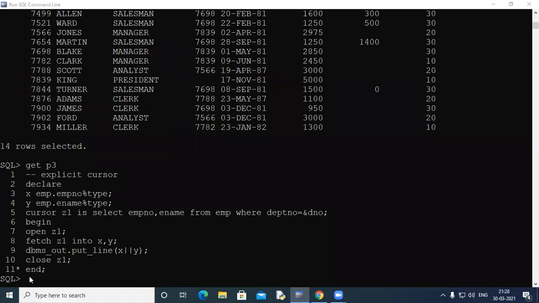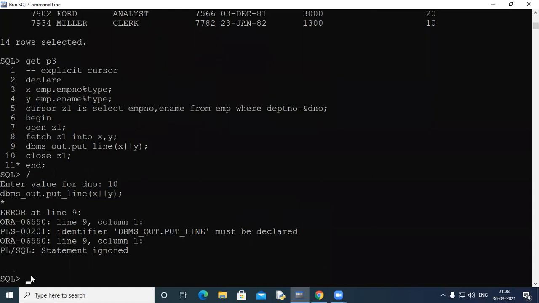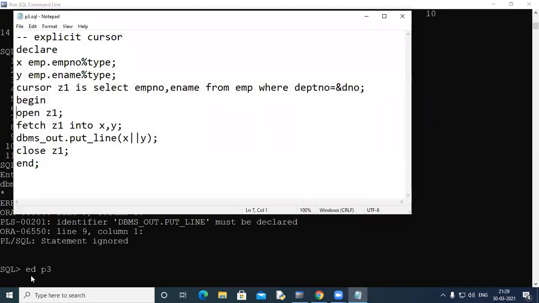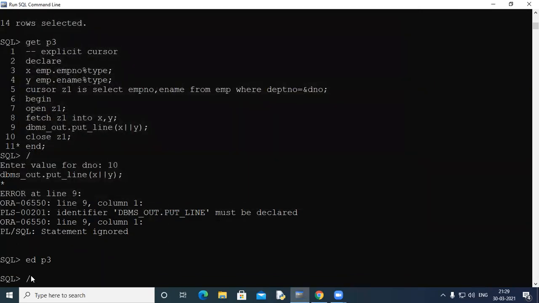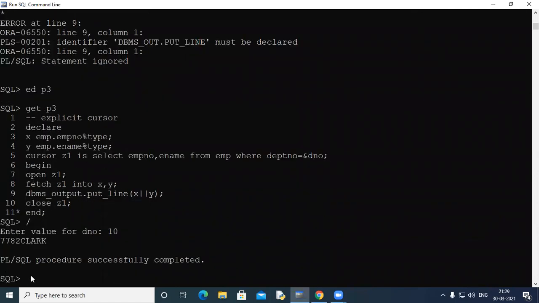Okay, let me run it for you so that you can see whether it runs or not. So I'm giving department number 10. Okay. Oh, we wrote something wrong in the code itself. Just let me correct it. Yeah, here is a problem. See, now it has given the first row as the answer. Okay. So 3 rows would have returned.